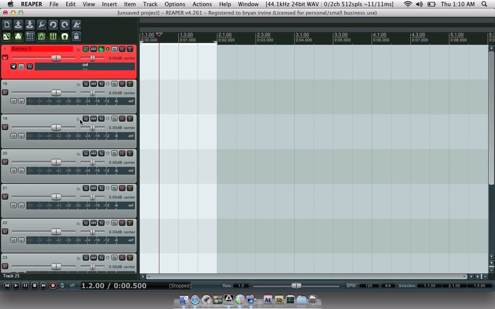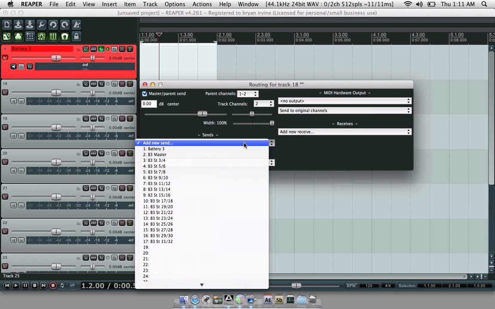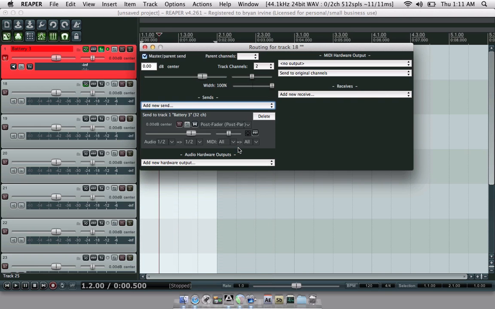So these tracks need to be set up a little bit. The first thing I'm going to do is my in and out. It doesn't really matter if you do this, but you could turn off the master parent send so it's not sending audio out, but we're not really putting audio out in it anyway. What we're going to do is a send to track 1, and it's just going to be